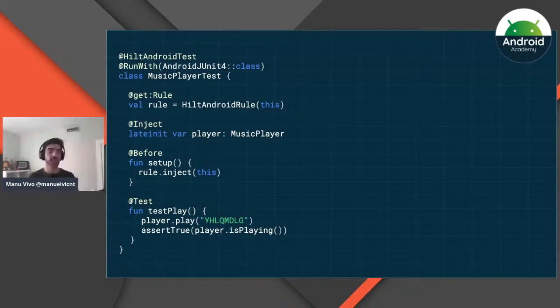But this code has a problem, right? Because in the code that we did manually before, we were using an in-memory database. But Hilt, in this case, is providing the real instance of the database because we haven't told it otherwise what to do. And the way to do this is by using annotations as well.